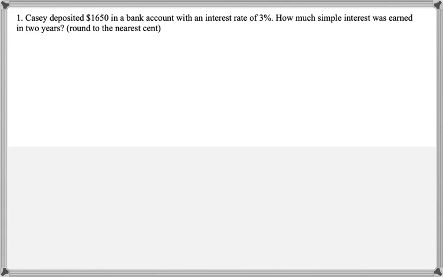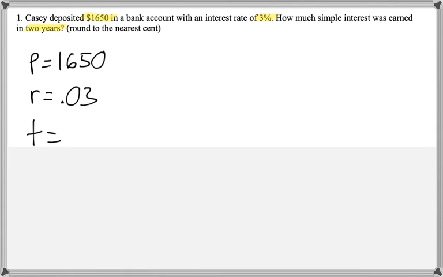So the first thing that I like to do is write down my information. So I know my principal is $1,650 because that's how much Casey initially deposited. I know my rate is 0.03 and my time is 2. And I'm looking for